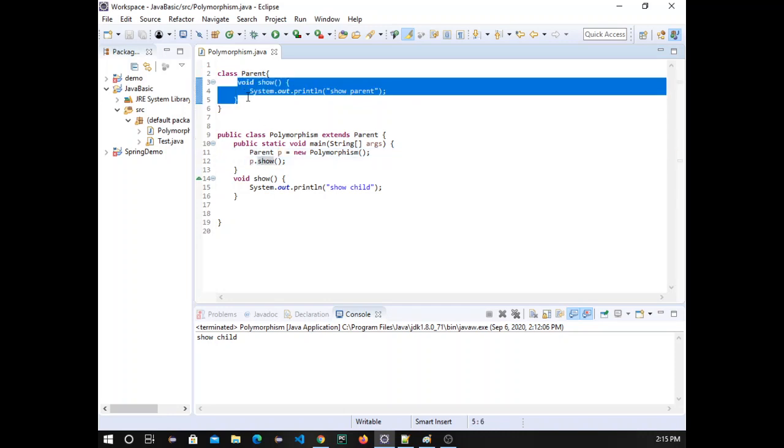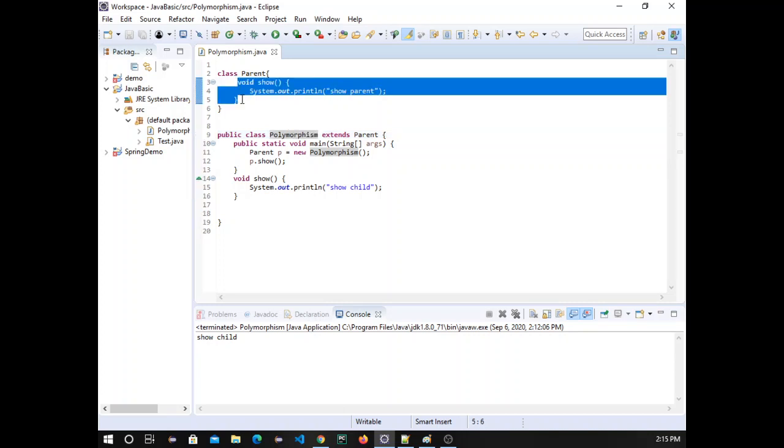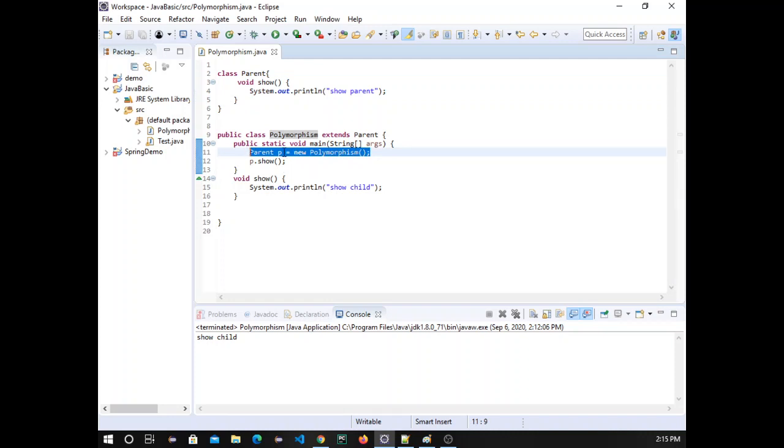But at runtime, when we run this file, p will get an object of this class. So at runtime it will say that while compile time the compiler was thinking that I have to call this function, but once this line is executed, p will have an object of this class, and at runtime it will say my object is of type Polymorphism, so I have to call the show method from the Polymorphism class.